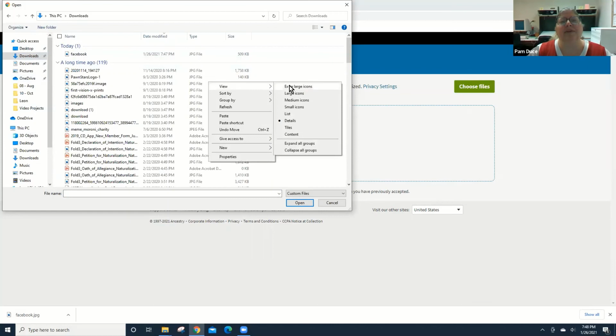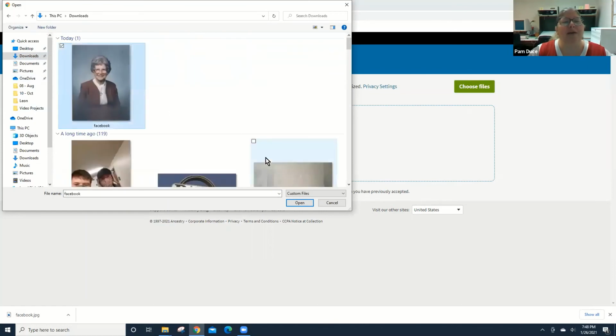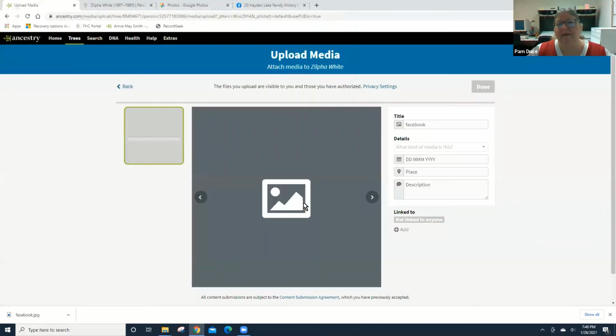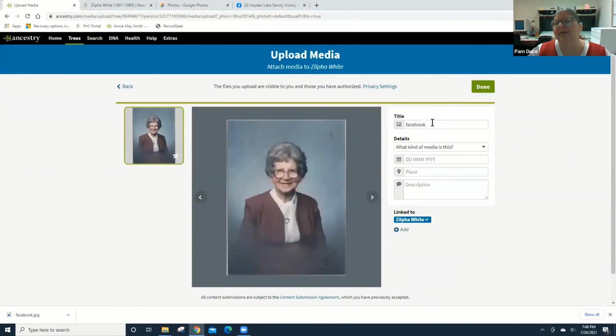And I want to view. And there's my grandma. And so we'll open that. And here, again, you can add a title. This is a portrait. You can add a date, a location, and a description. And you can link it to multiple people. So if there were multiple people in the picture, I would just click add and type another person in my tree,